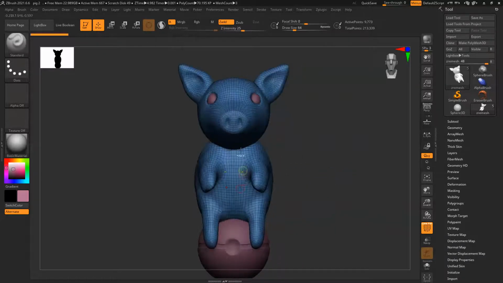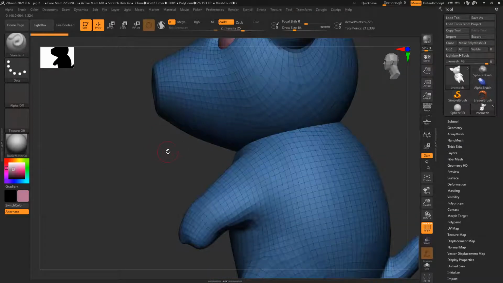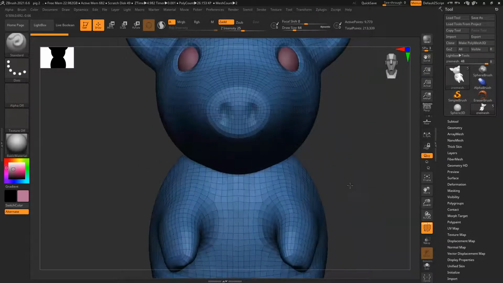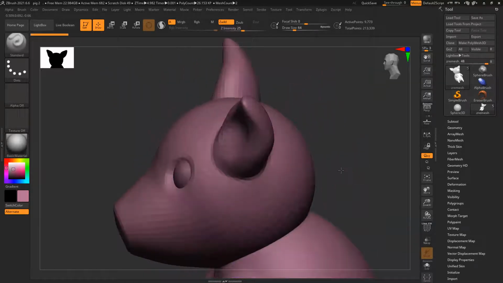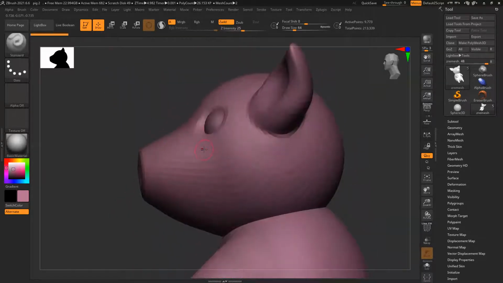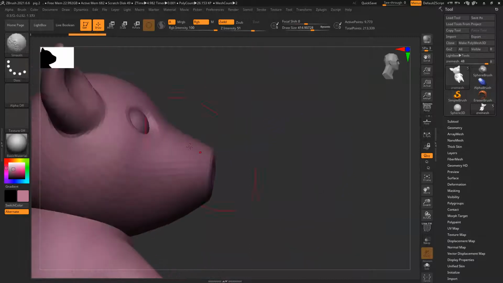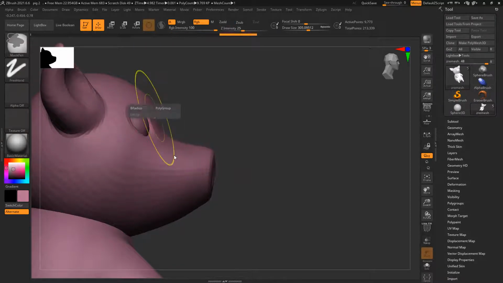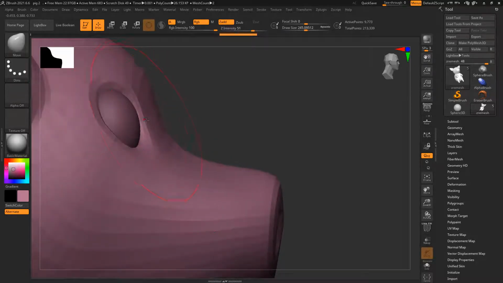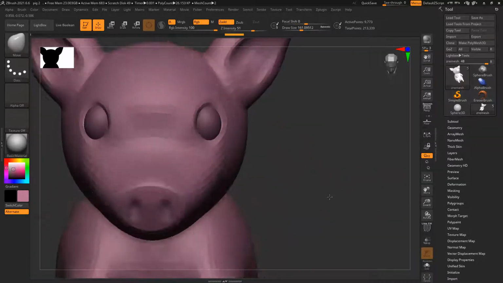The ZBrush model looks pretty clean and all. But the mouth is not there, there are basic things missing. Mouth is missing. Ears and all look fine. If I do it, maybe I will make this part slightly down and push it slightly inside. And the eyelid thing is missing.